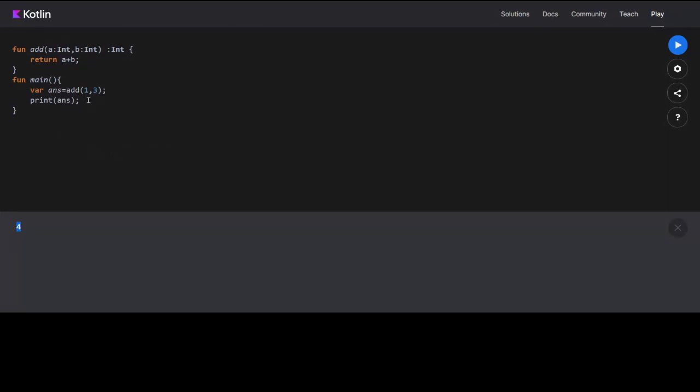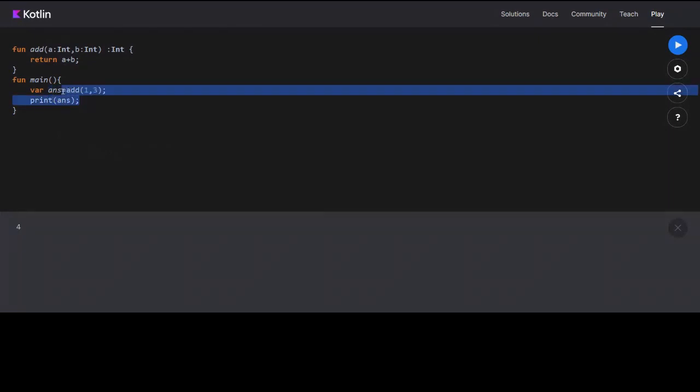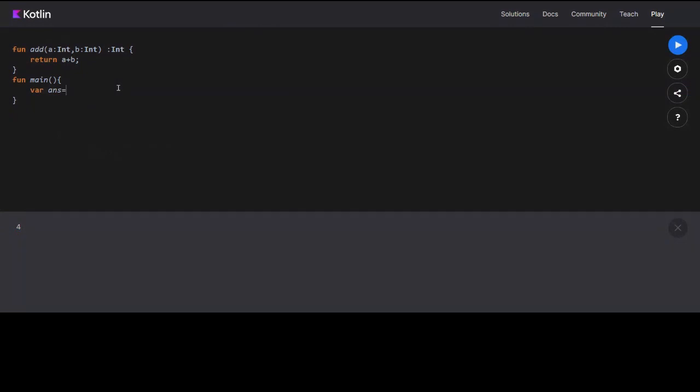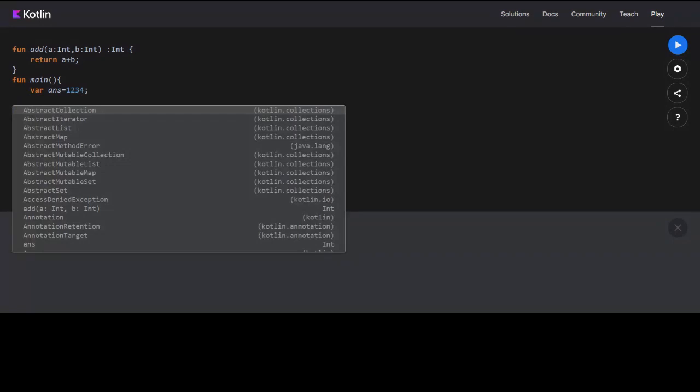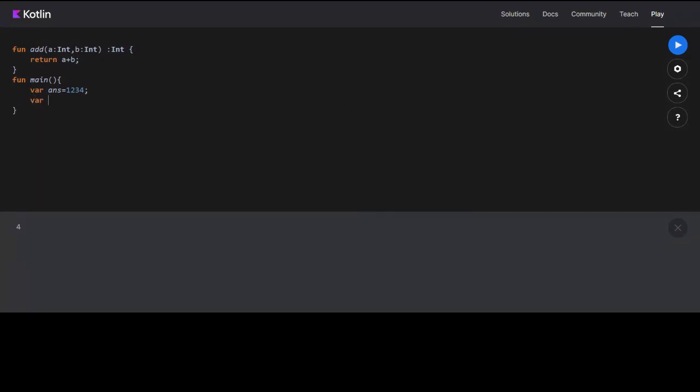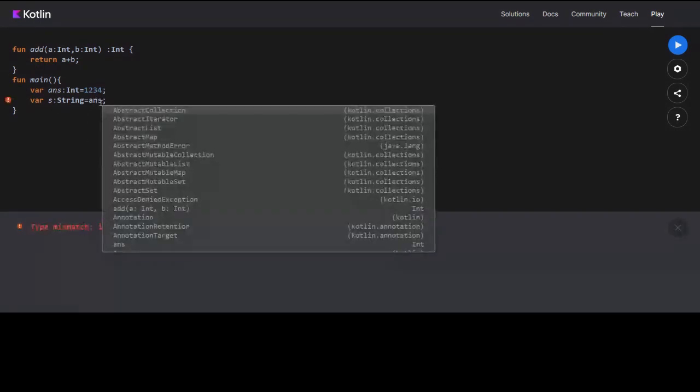Typecasting. Okay, I will show you typecasting. Let's say you have a value, say a is equal to 1, 2, 3, 4. Now if we want to assign var s is equal to, let's say it is integer type. If we have a string type, string is equal to answer, this will give an error, type mismatch.